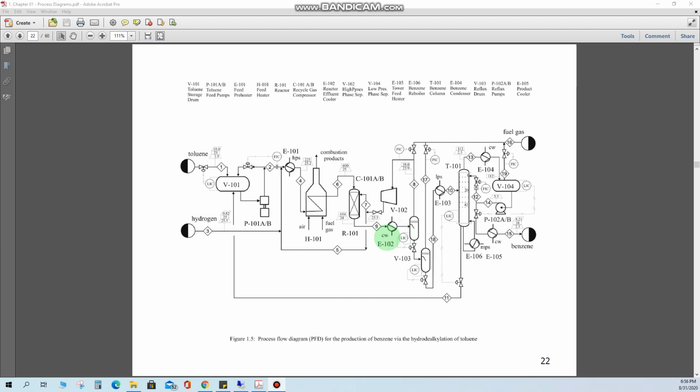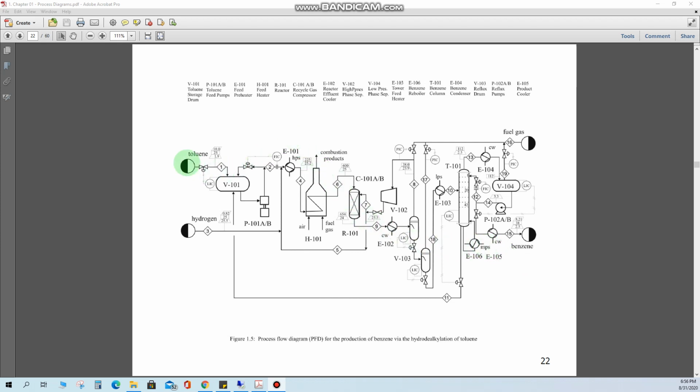So CW is cooling water. Similarly, IPS is the intermediate pressure stream. So we might be heating this stream with the intermediate pressure stream, and then it is going into the distillation column or this column. So you have to be careful while designating the names of different equipment, and you have to be careful while writing or selecting the letters, especially to avoid any confusion whenever you are drawing the process